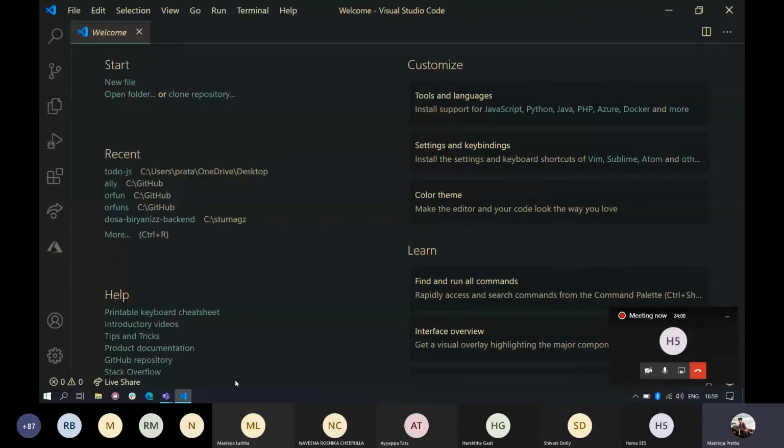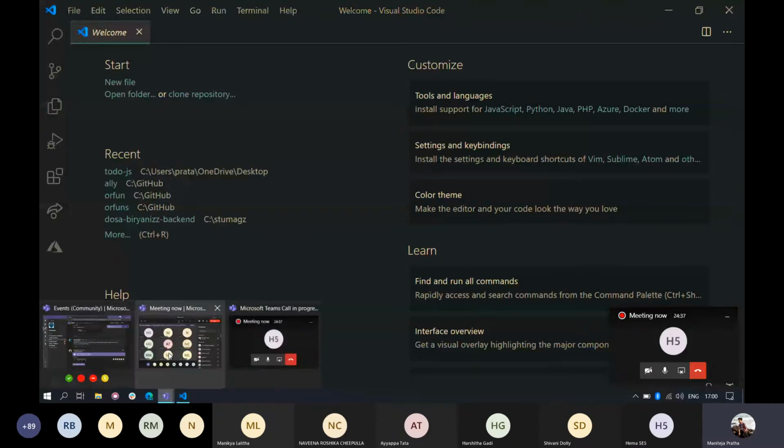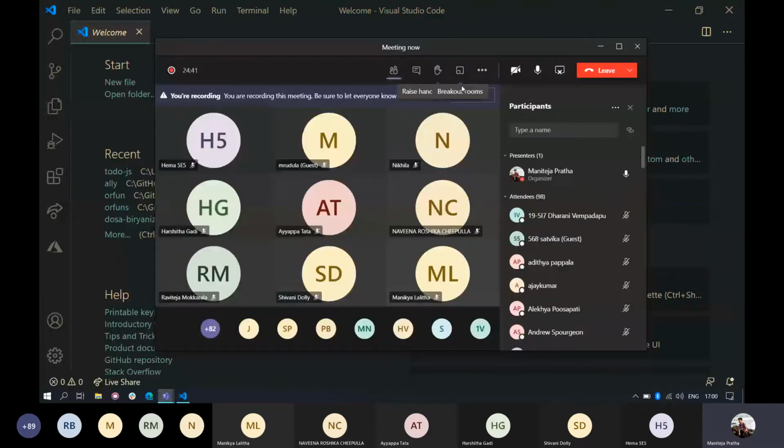So hello everyone, and welcome to today's session. Today we are going to discuss the basics of JavaScript DOM manipulations. As I told earlier in the JavaScript workshop, DOM is an important concept in JavaScript. If you want to build websites or add interactivity to any website, you must know about DOM manipulations. So that's why today we are going to discuss how you can use JavaScript to build interactive websites, right?